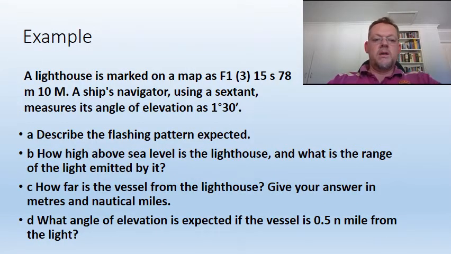So let's have a look at an example. A lighthouse is marked on a map as F1 3, 15S, 78M, 10, large M. A ship's navigator using a sextant measures the angle of elevation at 1 degree and 30 minutes. I'm going to ask you to describe the flashing pattern expected, how high above the sea level is the lighthouse